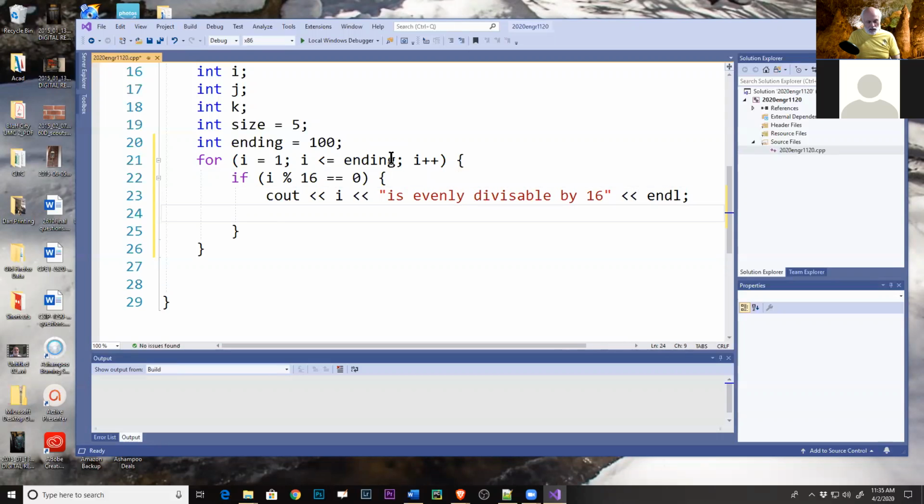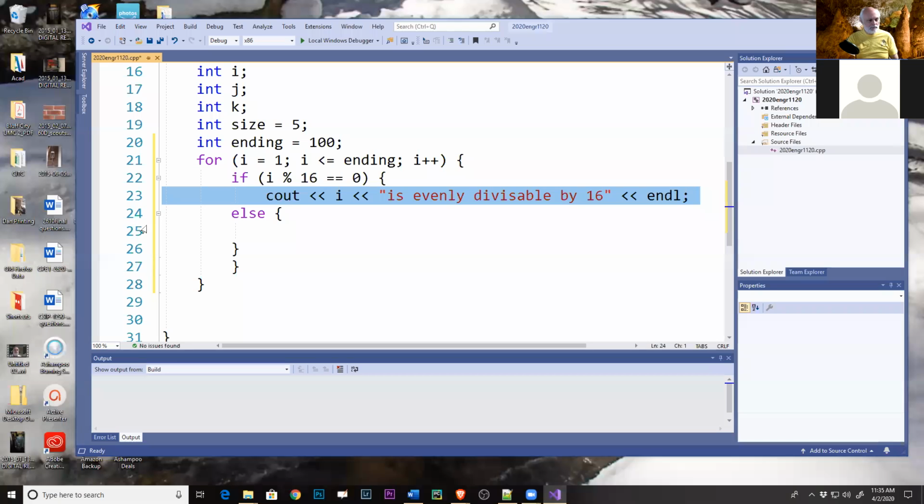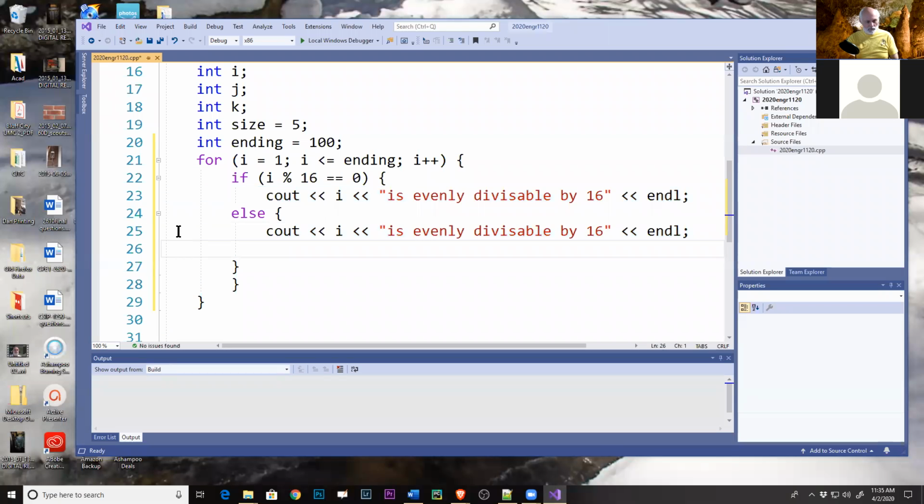And we could do an else for if it wasn't evenly divisible, and say, let me just copy that, is not. Okay, so now if I run it,